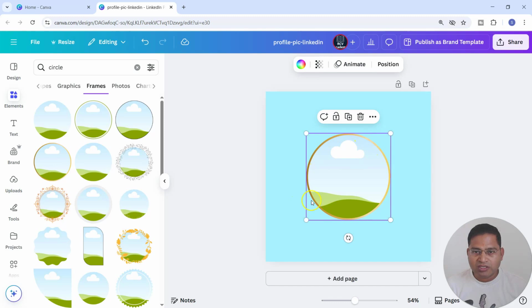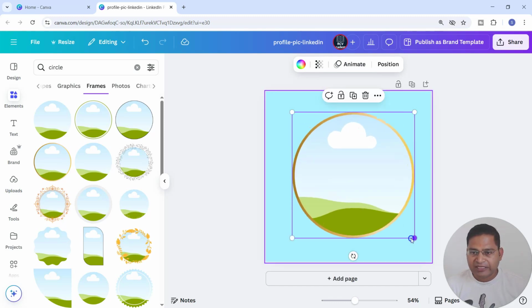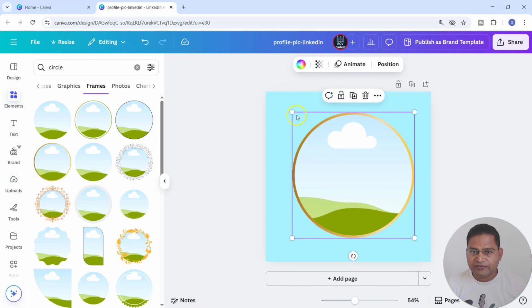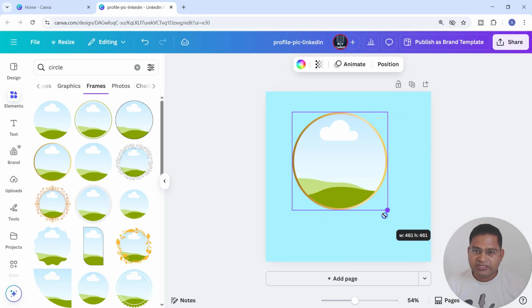So it has a border and the frame. Now within this frame, let me expand it. So what I have done is I've selected the frame, and then just hover over with your mouse. In the corner you'll see this arrow, and just left click your mouse and drag and drop. Accordingly it will resize this